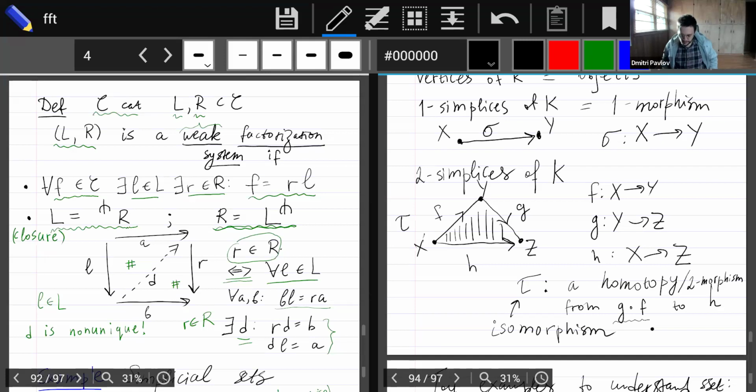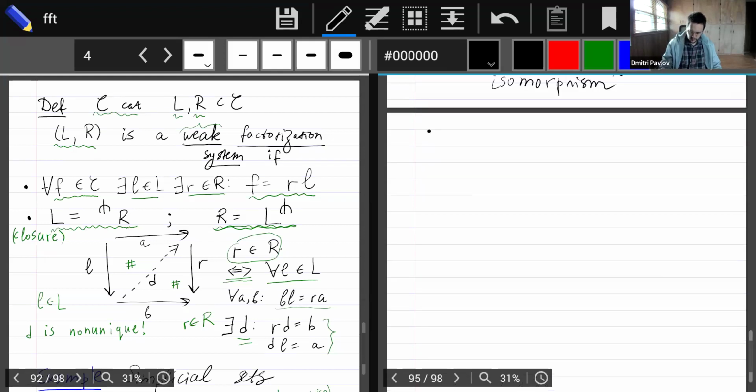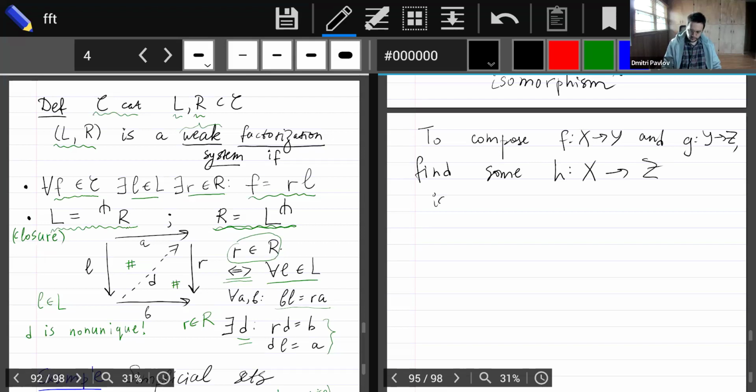Which sort of tells you that if you want to compose f and g, well, you should just find h isomorphic to the composition. And how can you find h if you know f and g? So let's insert another page. To compose f and g, find some h isomorphic to g composed with f. And of course, this phrase should be interpreted formally. In other words, to compose f and g,